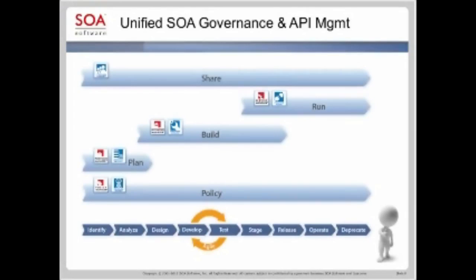And so those two products handle that process and the marshalling and management of assets across the life cycle. And then at some stage in the life cycle, you end up with a running API and a running service and a set of consumers that are consuming those. And that's where the runtime products fit in, and that's our Service Manager for SOA and Atmosphere Broker for